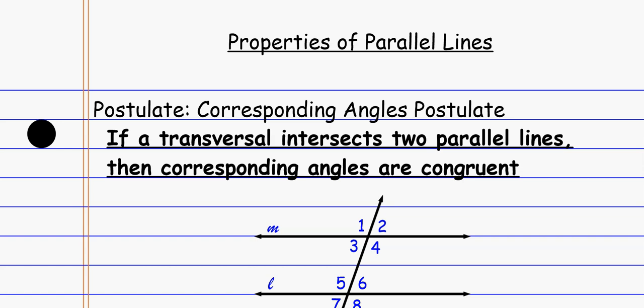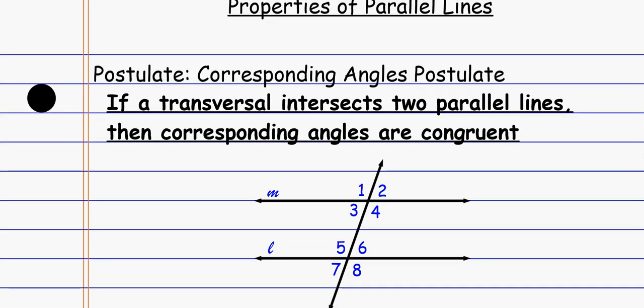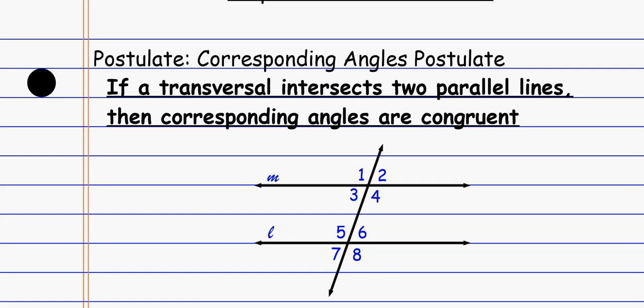So the first thing is the postulate, the corresponding angles postulate, which basically says if a transversal intersects two parallel lines, so we have a transversal and the lines being intersected are parallel lines, it's really important, then the corresponding angles are congruent. All right. And when you look at the picture, you can probably accept this pretty reasonably as a fact. Like when you look at angles that are in the same spot, like angle 2 and angle 6, yeah, they